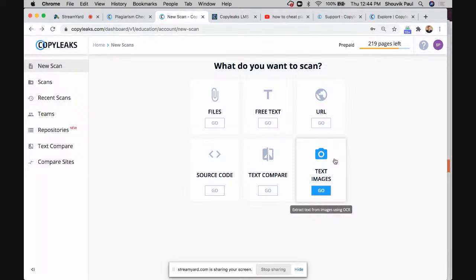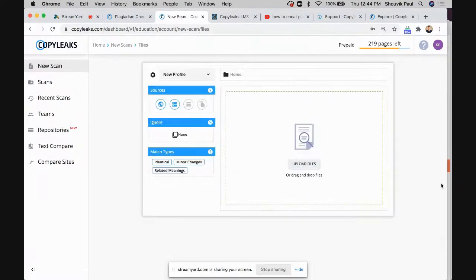Where that comes into play, particularly in education, is when you have things like graphs or charts. Now, just to be clear, if there's a picture of me, we're not doing a Google reverse image search. What we're doing is extracting the text to see where else that text may be showing up and running results on that. So the idea then becomes, once you upload a file, just to quickly show you some of the parameters here,